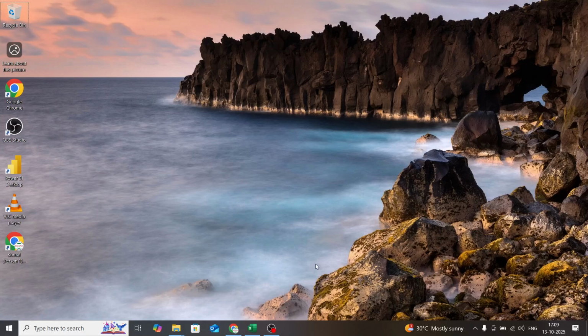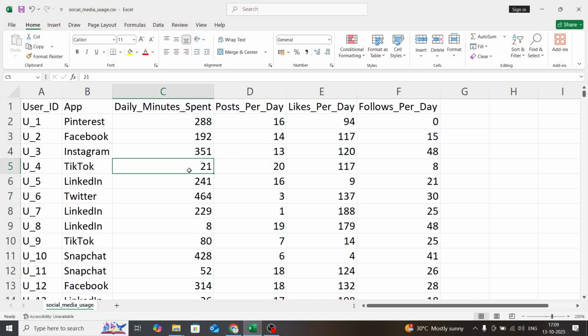Okay, today what we are going to cover, we need to analyze the data that is available on a sheet, and using this data we have to analyze something. What we want to do, we have data available in Excel, and as any data analyst we need to understand about the data. So today we are going to understand this data and we will work on it.